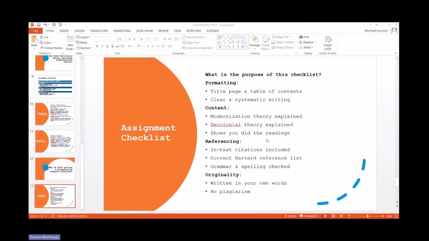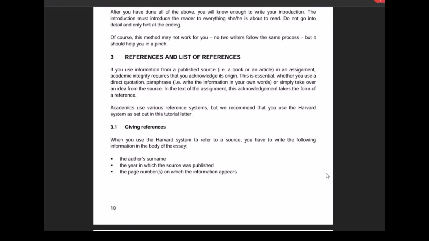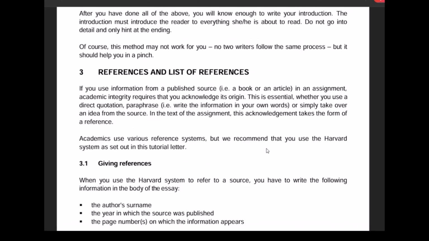Let's go to your, what do you call it? Your study guide, né? Your tutorial letter. Let's go to your tutorial letter. Okay, so this is your tutorial letter 301, né? You remember what I said? I said, please make sure that you go through it. All right? It's very short. It's only 36 pages, né? Very short. So here on page 18,